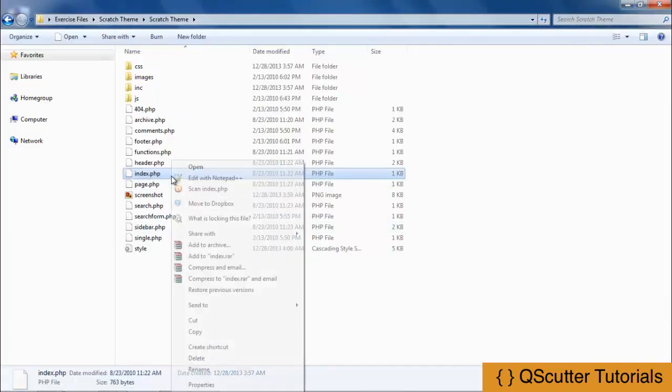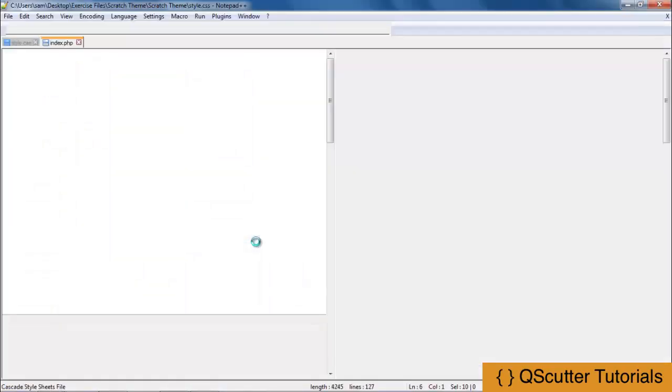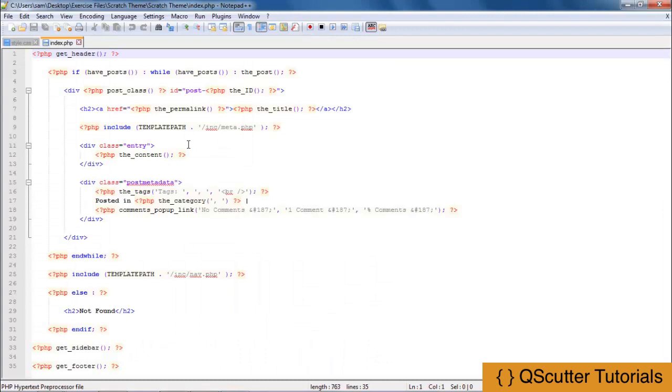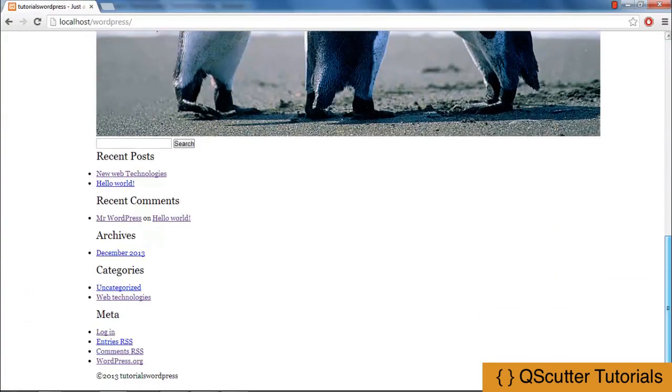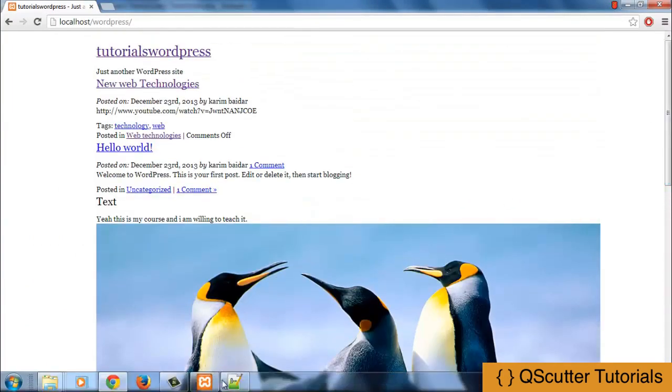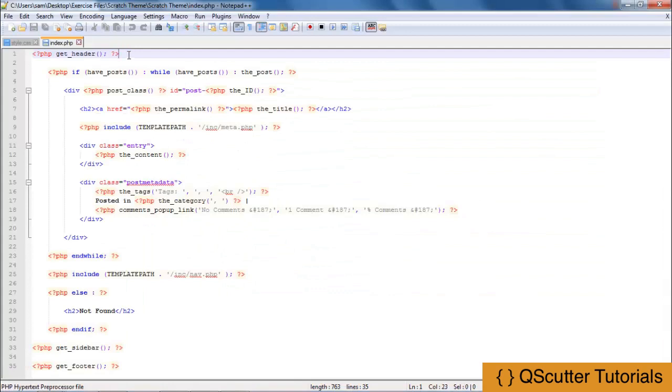If you right click on it and edit it with Notepad or any other preferable editor you want, here you would find a little bit of code. You might be confused how, with such little code, you could create such a big thing. Let me discuss it. First, what we are doing in here is using the PHP language. Then we are calling a function called